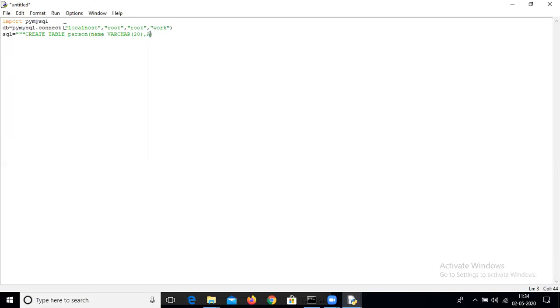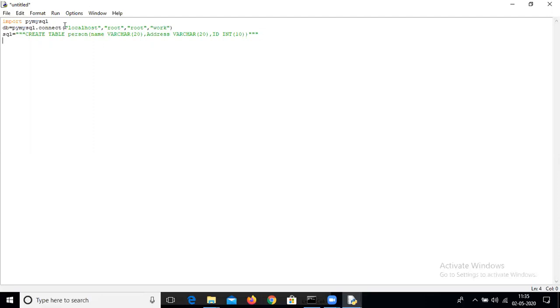Again, there is an address. It's also varchar type, varchar size is 20. Again, it has an id. The id is of integer type. Its size is 10. Okay. Now I have to close this string.